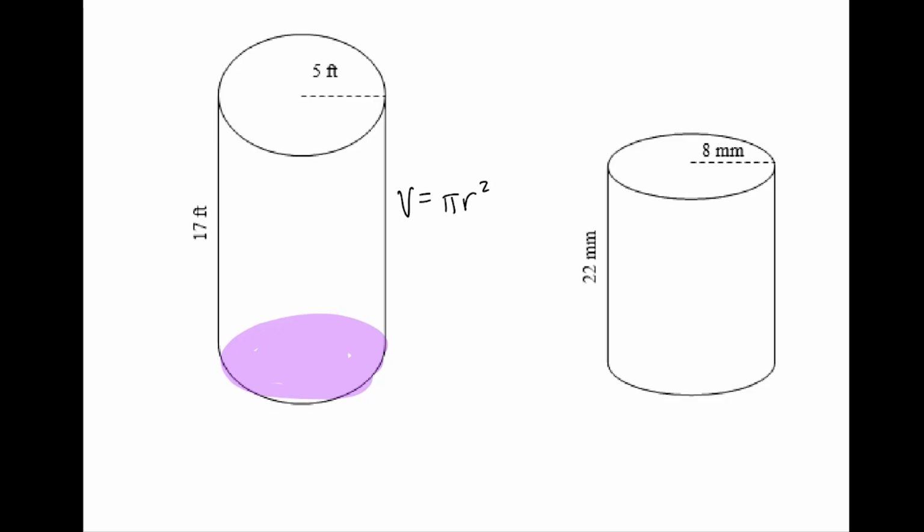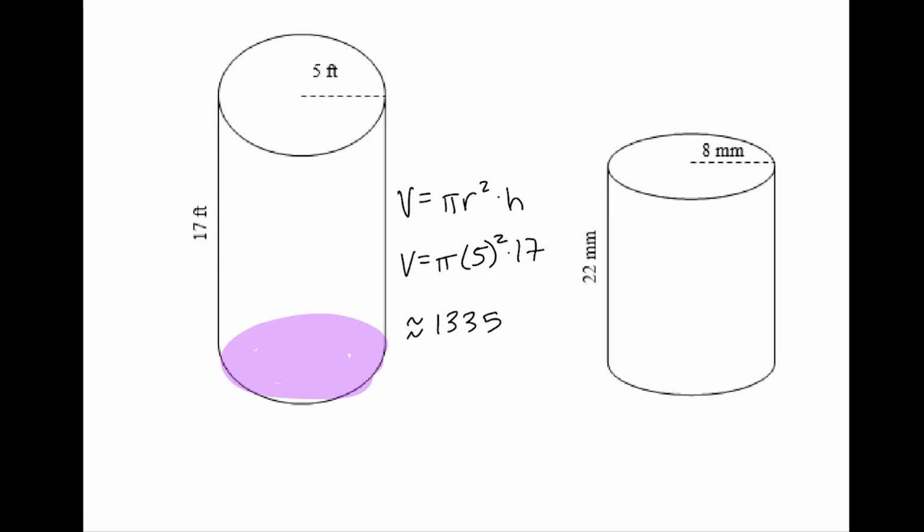So the base is a circle, and so that base area will be pi r squared. So we're doing pi r squared times the height. Since the radius is 5 and the height is 17, we can substitute those numbers into r and h, respectively. This is something that you're going to put into the calculator, especially if you need to get a rounded